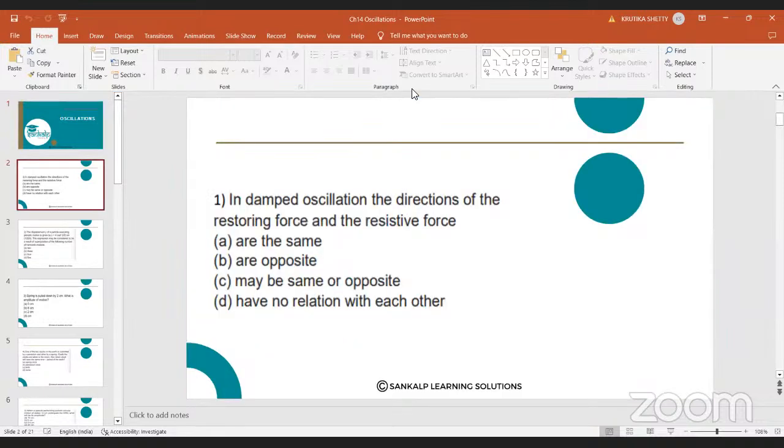Okay, here is your first question. In damped oscillation, the direction of the restoring force and the resistive force. So there are two types of oscillations, that is damped oscillations and the undamped oscillations. Yes. So in the damped oscillations,